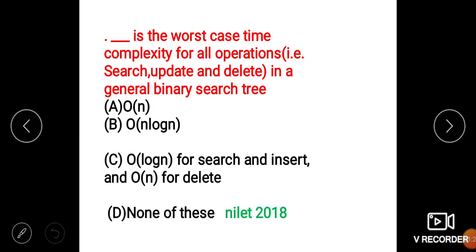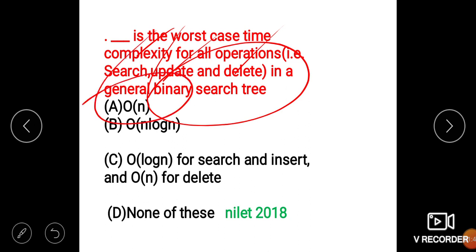Now the next question: what is the worst case time complexity for all operations, that is search, update and delete, for a binary search tree? It will require O(n) time. You may think of another option, but that is not true.